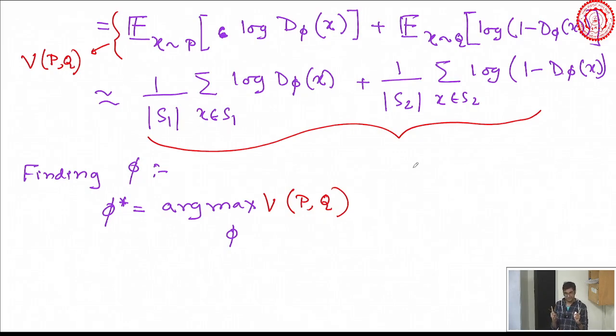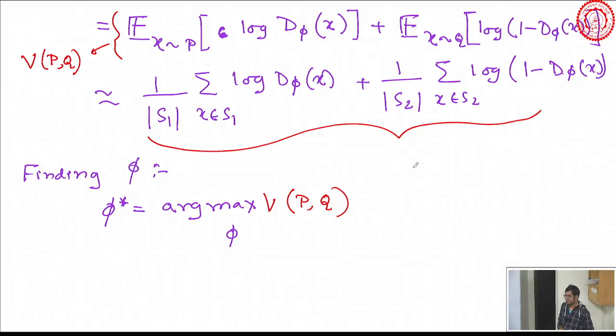These two terms together is twice the Jensen-Shannon divergence. This is a type of divergence also. It is also known as symmetric KL divergence. It is symmetric. If you put theta and if you switch the two things, it will remain the same. So this is known as Jensen-Shannon divergence times 2. So what you are getting is 2 times Jensen-Shannon divergence minus log 4. That's what you are getting.